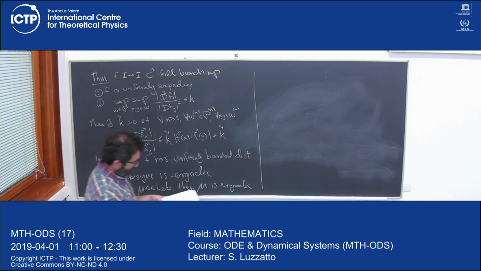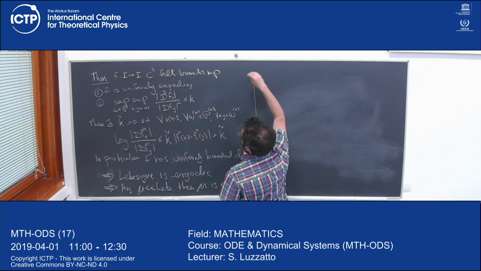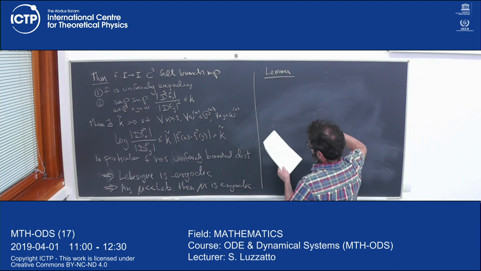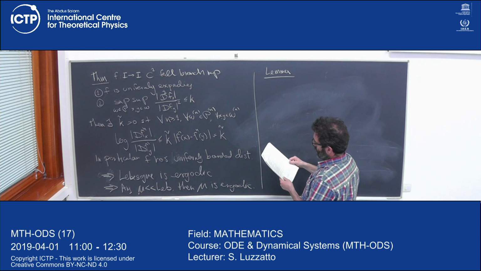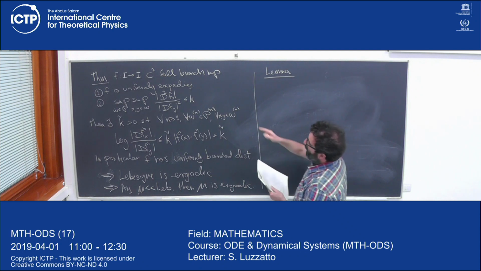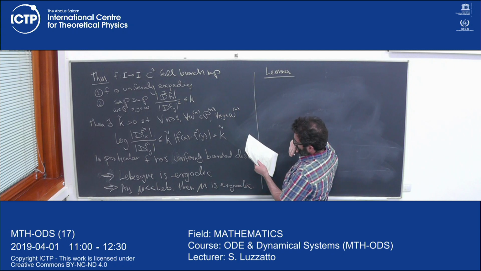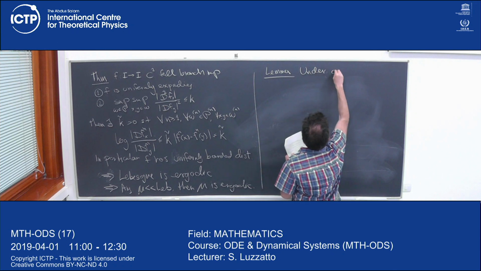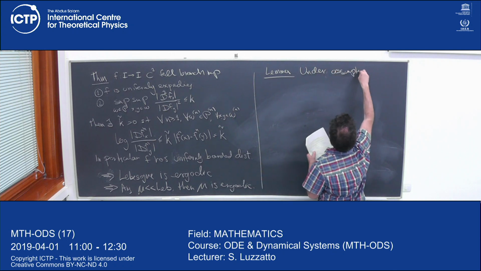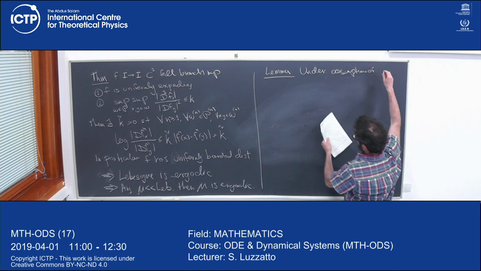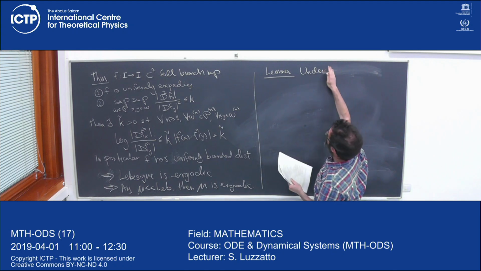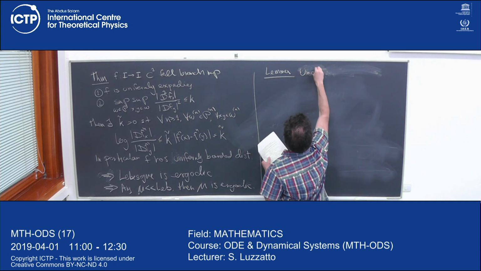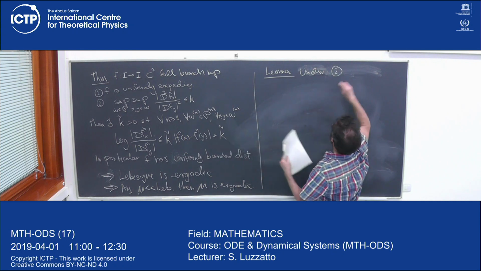So the first lemma to prove this theorem is: we suppose, under these assumptions, in fact, sorry, we don't need both assumptions, just under assumption 2, in the theorem,